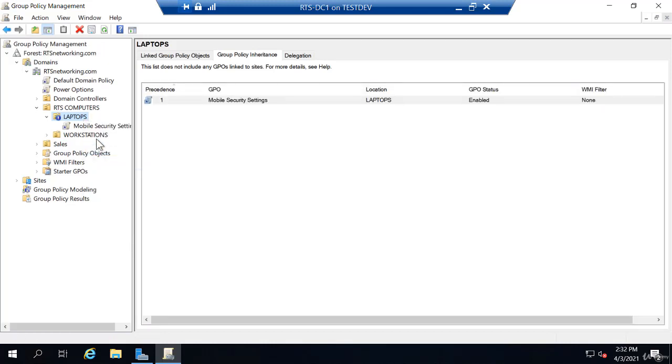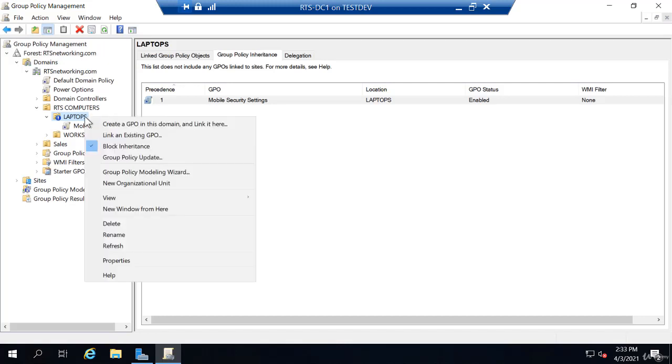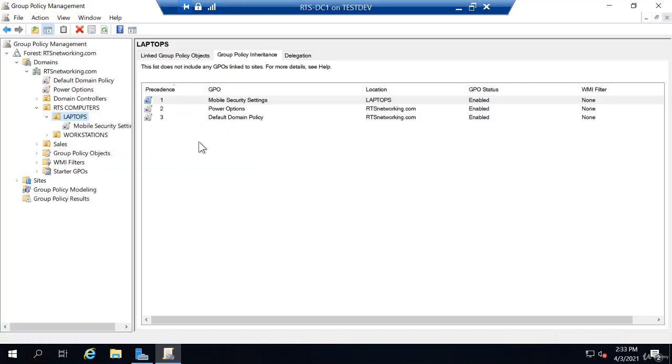This explains everything. Now, on my laptop's OU, when I look at group policy inheritance, the only policy that is now applying is the policy linked directly to the laptop's OU. So inheritance is turned off. I get no policies from the domain or any higher levels. And at any point, I could simply go back and turn off block inheritance. And you'll see the other two policies that are inherited from the domain, they just show back up in the